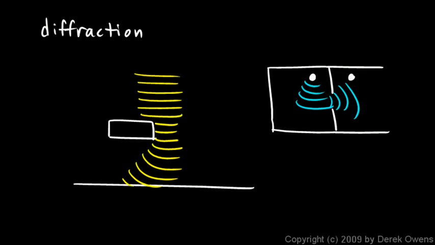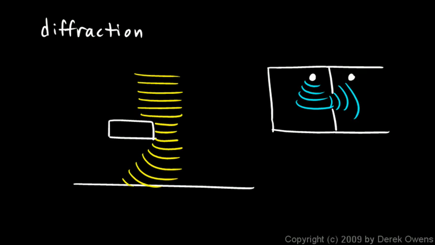How much they bend has to do with the frequency and the wavelength, but they do bend around corners. And one thing you can notice is that as a result of diffraction, shadows don't have well-defined edges all the time. The edge of the shadow will be a little bit fuzzy, and that's because some of the light is bending a little bit as it goes around the edge. The point here is that diffraction is something that waves do.